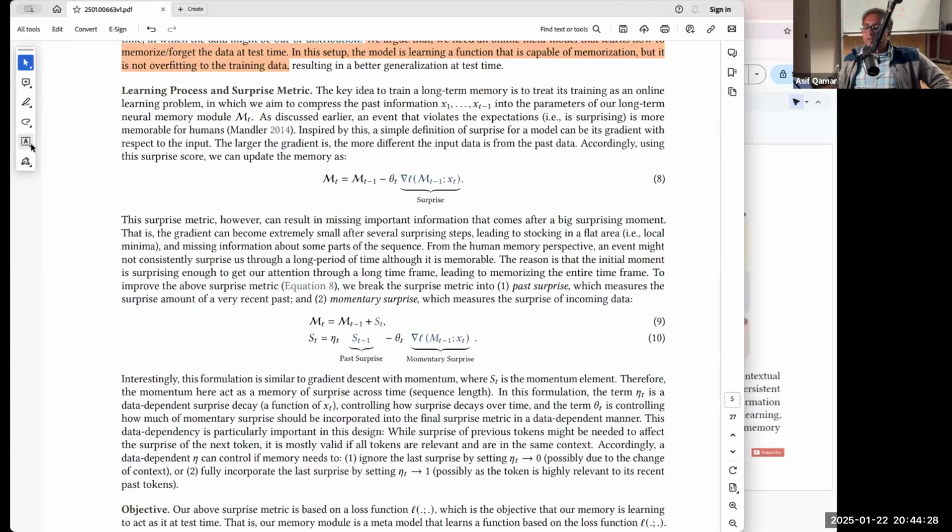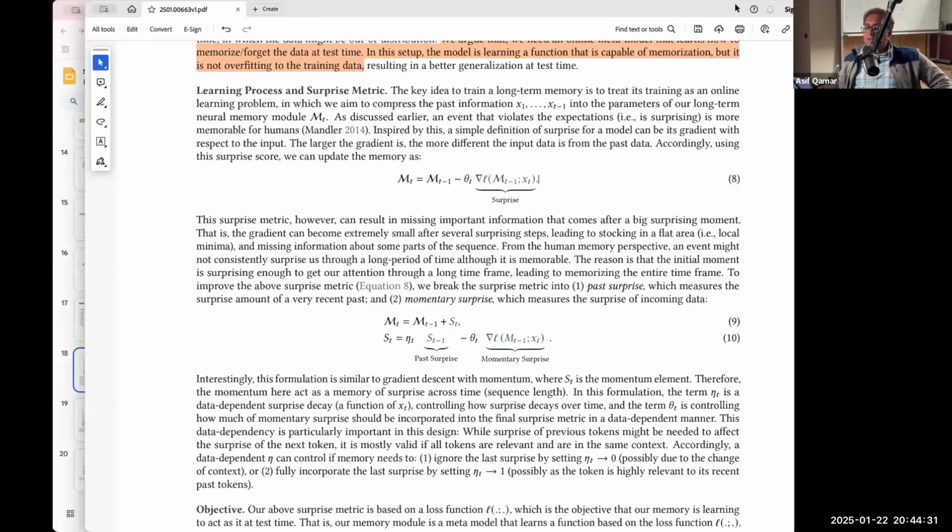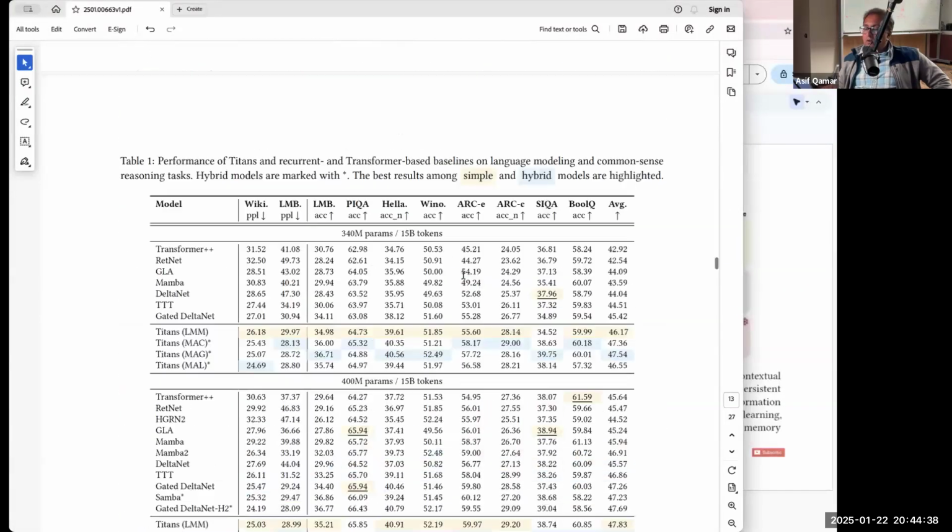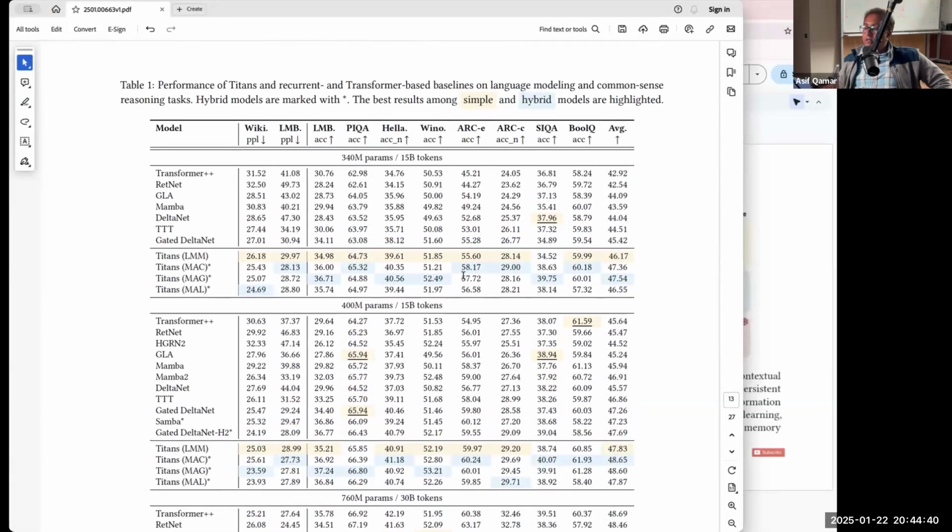So I'm just going to wind up by looking at the results. Let's go to the results. The key thing to understand the results is, if you look here, there are four architectures. We talked about memory as a context, the one I first explained, memory as a gateway, and memory as a layer. And then the LLM is the one they didn't put as a separate diagram, but you can imagine, that is without the persistent memory.